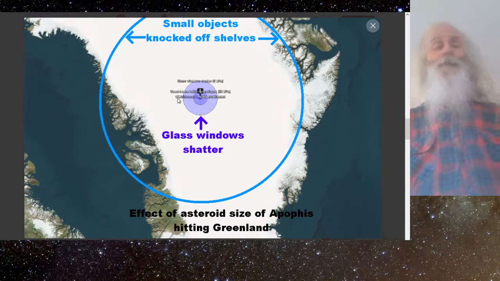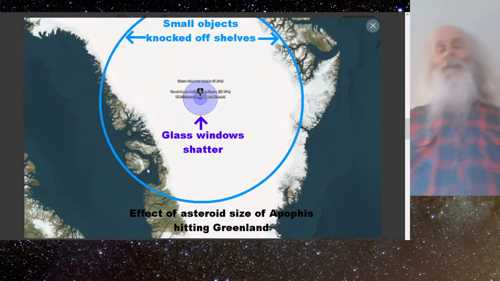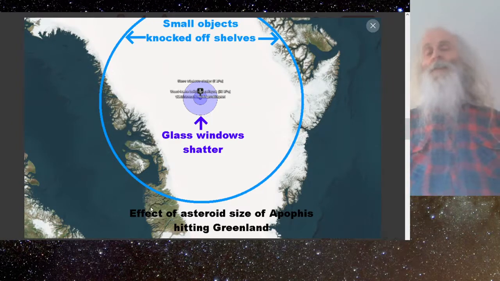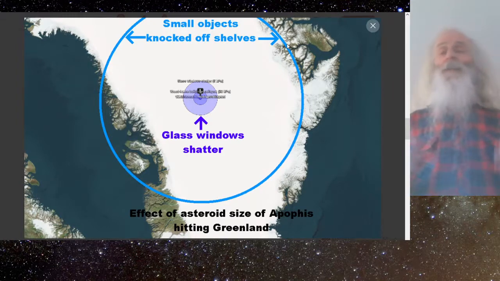Well, surely there's nobody with glass windows in the centre of the Greenland ice sheet. But if they were inside that circle, then the windows of their houses would shatter. Then, if there's anyone living along a little bit of coastline and Apophis hit there, then if they had shelves with small objects on them, some of the small objects would be knocked off the shelves. Outside of that, you wouldn't even get that in Greenland. And then if it hit in the ocean,